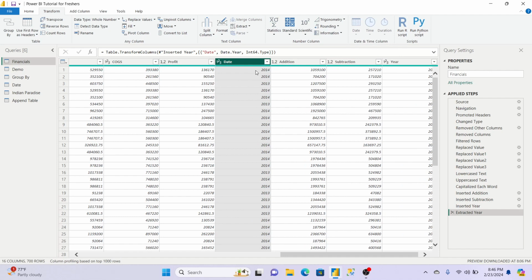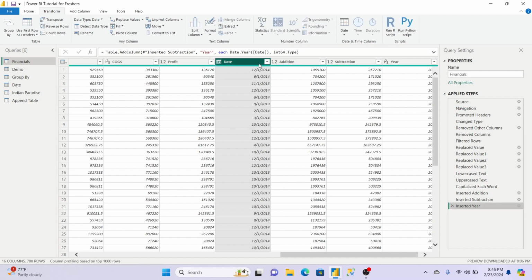On that existing column only it has done the transformation. So where is your date column now? You are not able to see that date column now. So again you need to click here and remove that step. So this existing column only it has done the transformation, so your original column is not there. It is gone. If you want it in future, you can't refer to it.